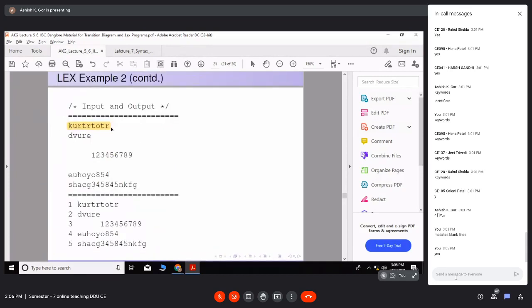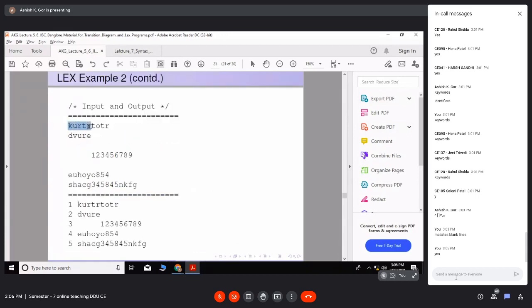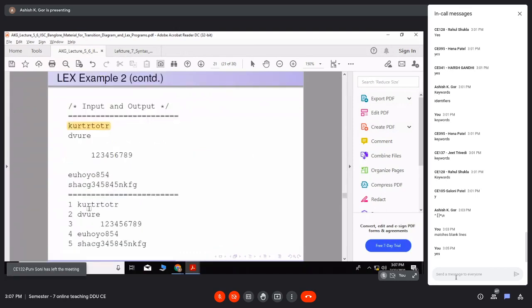When it scans this, it will not match the first, it will not match the second, but rather it will match this third, because this random stuff is matching with dot star. So there you are going to print the line number, which is 1, and YY text, which is this random text.